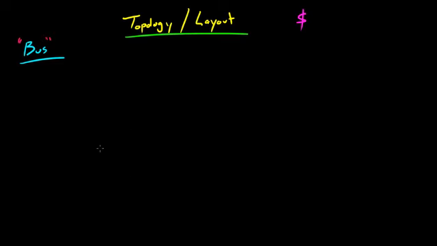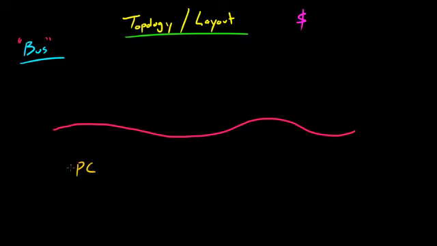Now, bus topology kind of looks like that. It has one main cable. So we'll just say it's an Ethernet cable or something like that. And it's kind of like a long chain, and all of your devices are going to be connected along the way. So you might have, let's say you have a desktop, or we'll just say you have a PC right here, and we'll put another PC over here,